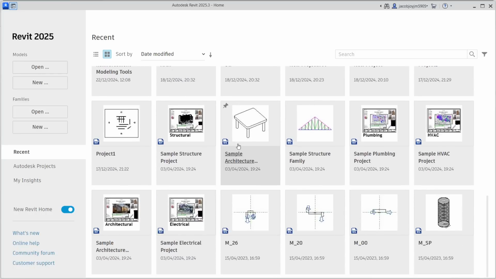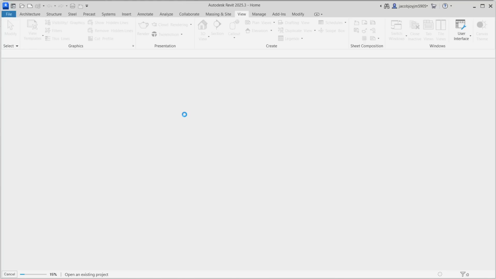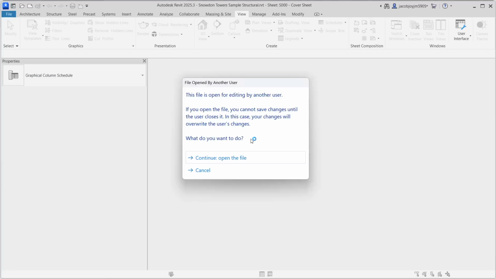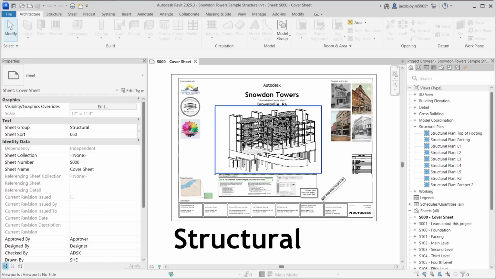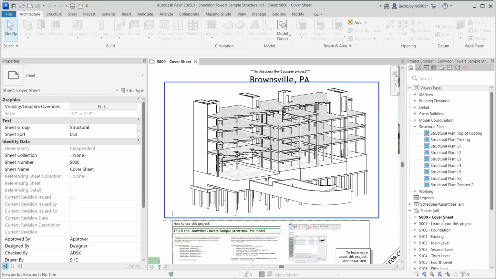and I'm going to open the sample structural project. This is a challenging project for structural columns and a very good example for learning. You can open this project from sample projects folder. In Revit 2025 it is available. Okay, so